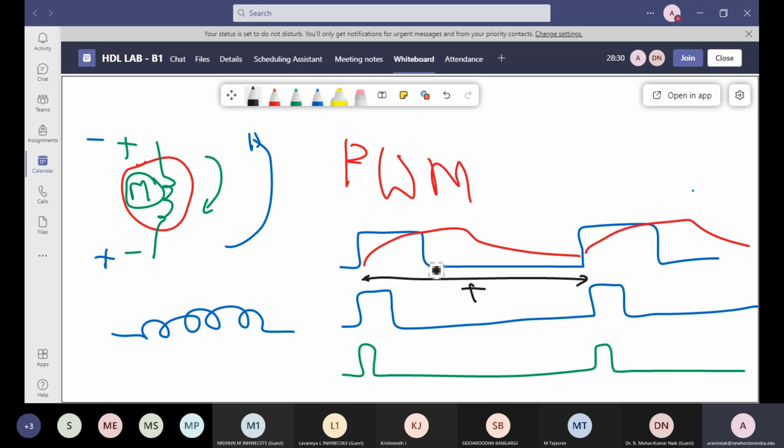The only thing is, the on period of the pulse is being reduced. So what does it mean here? When the on period of the pulse is larger, then the speed of the motor will be more. Whenever you reduce this pulse this way, the speed of the motor will get reduced. Please remember, we are discussing the inductive load, and to the inductive load we are applying this waveform. So in this way, the speed of the motor can be controlled by means of a technique called PWM. I hope you got this point. Any questions here?